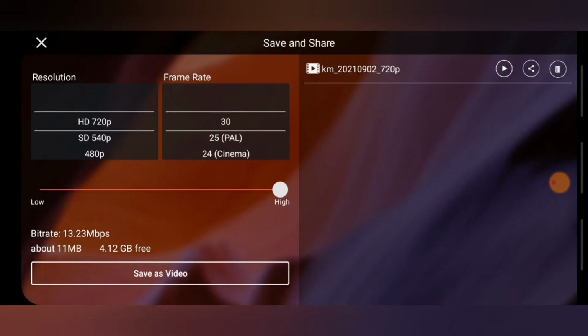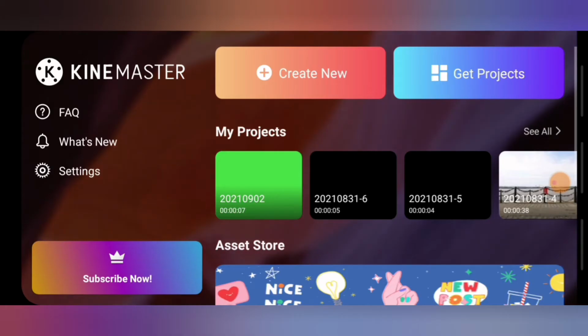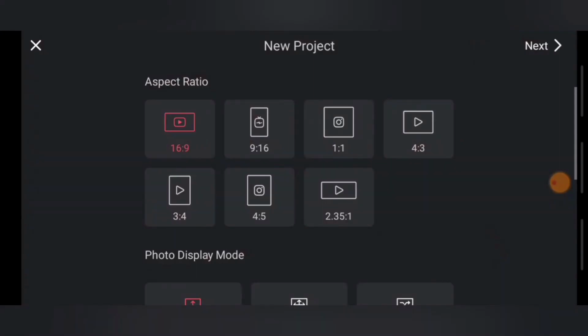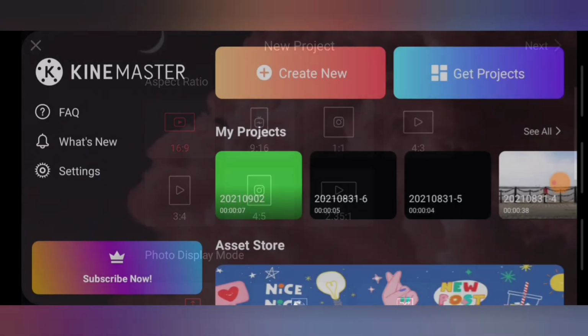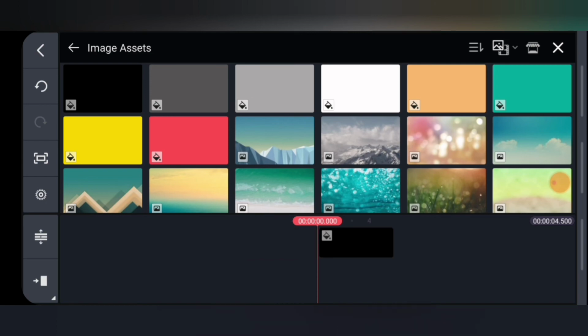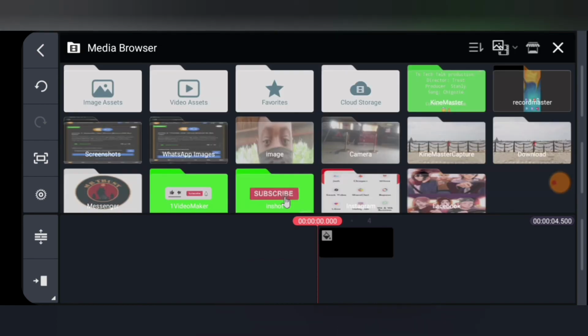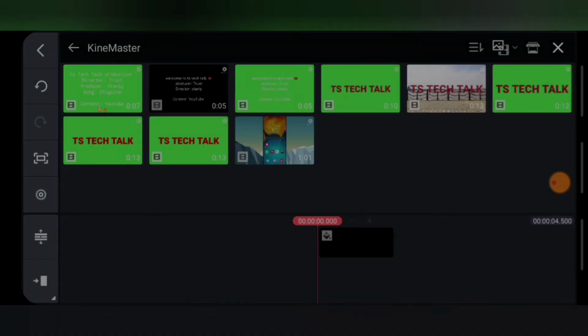Alright, now this have saved, so you can always import it to anywhere and then remove the chroma. Click on new, create new, click on this first area, next, and then click on the asset, click on this black background, close it off, click on the layer, import the video we just exported. The folder is going to be on Kinemaster area. Click on the Kinemaster video,